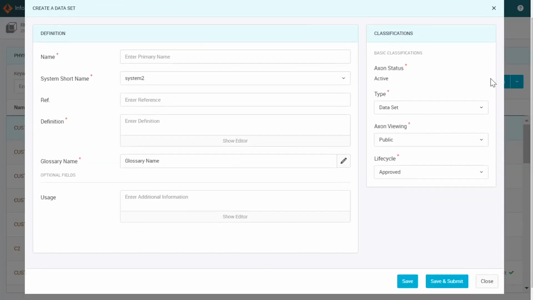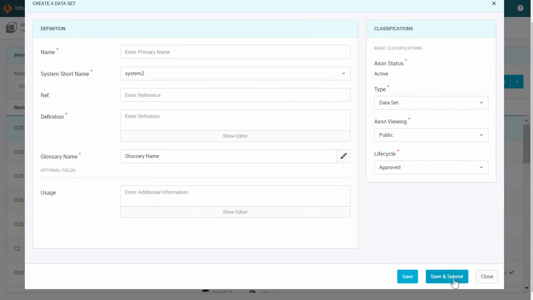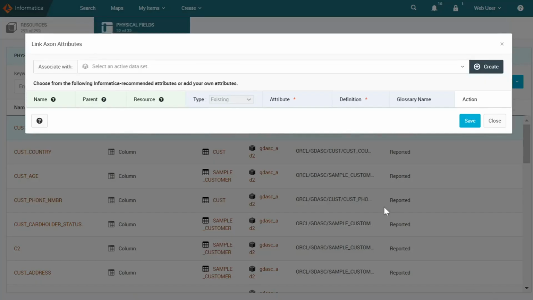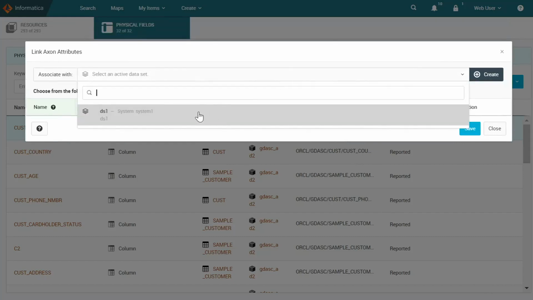If I click on create, you could see that there is an option for save and submit, which behaves exactly the same as the system save and submit button which I have demonstrated just now. For this scenario, I'm choosing an existing dataset.